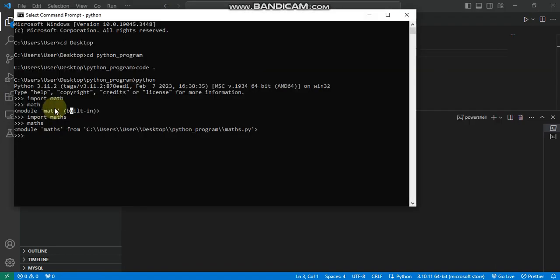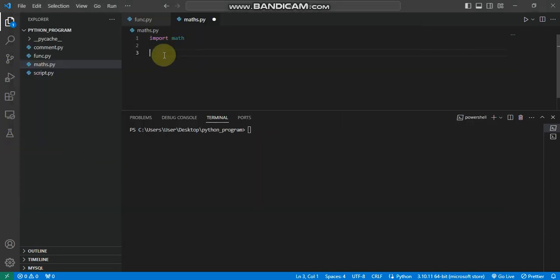Okay, let's check in the interpreter here. We still have the math module installed. I can just say math.pi. Let's see the return value. It returned 3.14159. This is the pi value that is returned by the math module. So I can just copy this float value and store it in my variable pi, or